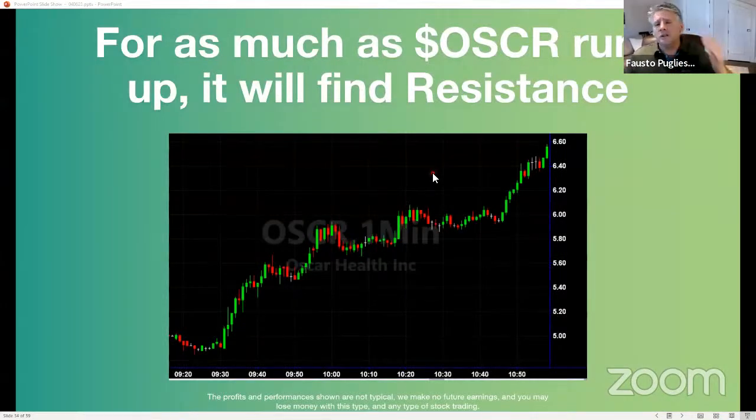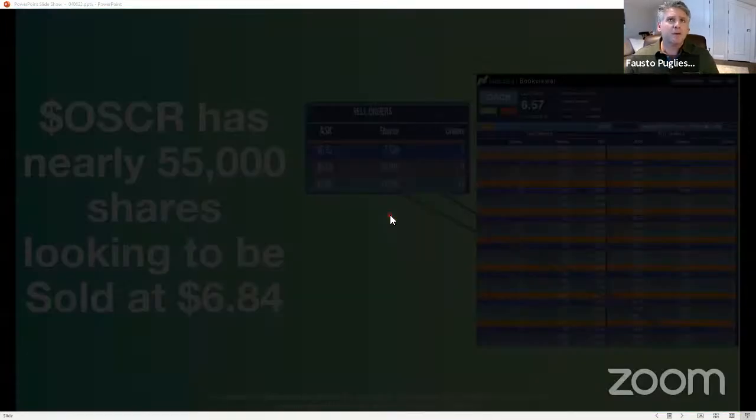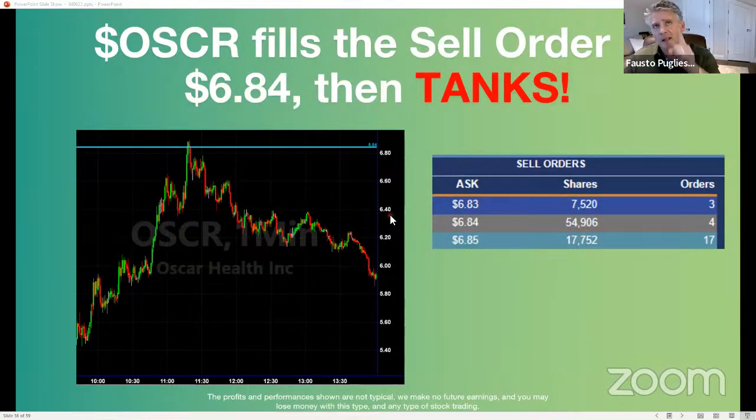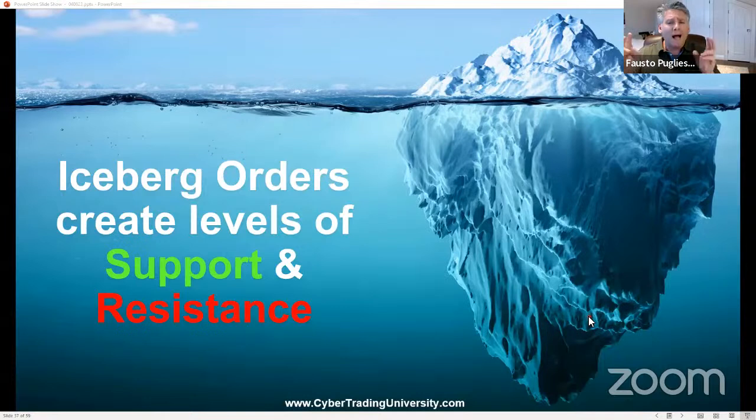So the thing is, when you're starting to look at stocks and want to know why they bounce off support or when to take a resistance level on Oscar, and knowing that you're coming up to a 54,000 share seller and a 17,000 share seller with 17 different orders around the world, hopefully that explains it. Because if you don't have that game plan, that's how you end up taking big losses. Now, these are what we call iceberg orders. I came up with that word after watching the movie Titanic.